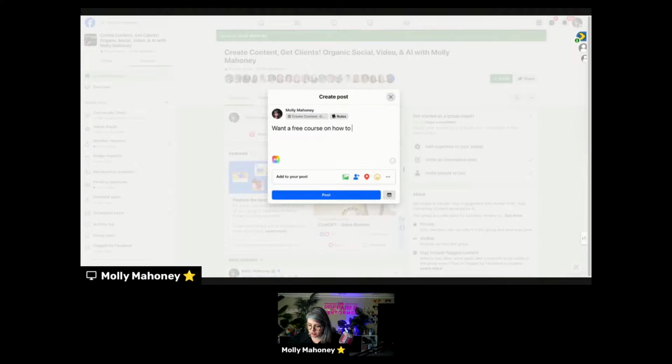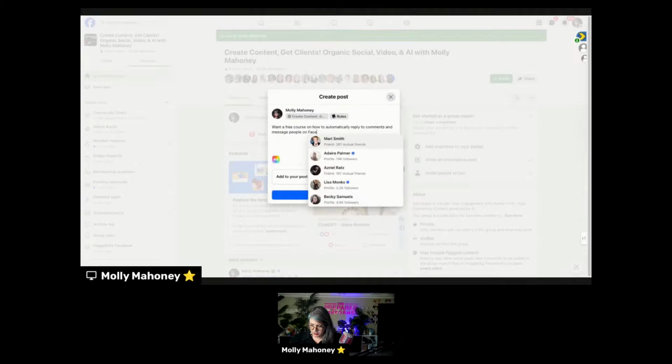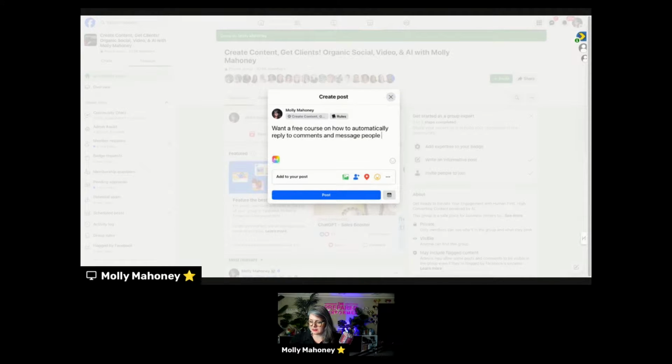on how to automatically reply to comments and message people on Facebook, personal. I'm just gonna say actually anywhere on Facebook because the difference is ManyChat only works on business pages and Instagram because it goes through the API. Group Chat doesn't, so it works everywhere. So I'm gonna say anywhere